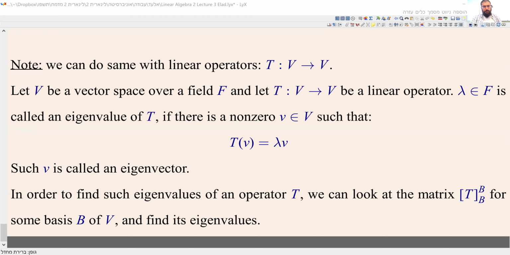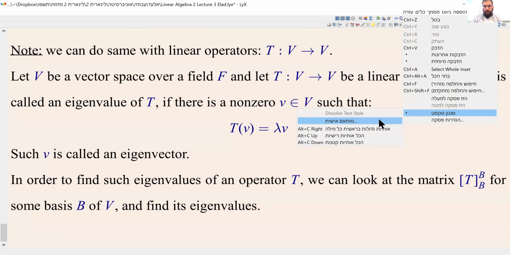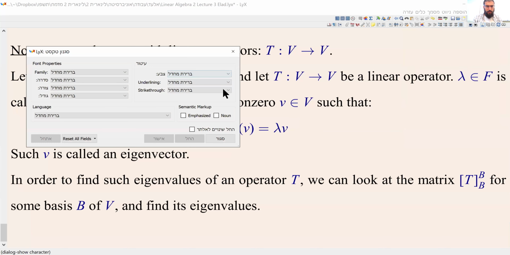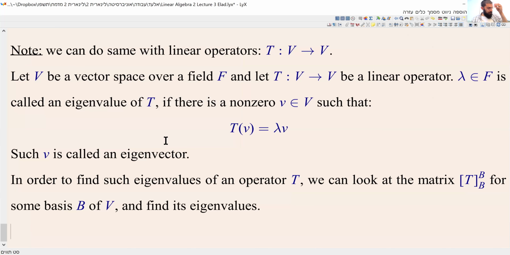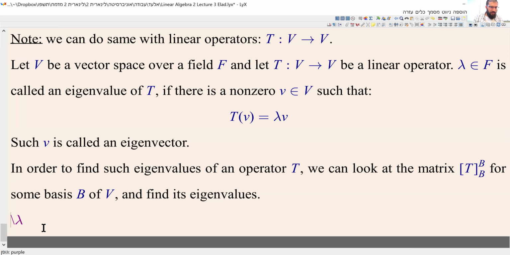So I just want to talk briefly about the equivalent case of operators, not just matrices. I mean that lambda